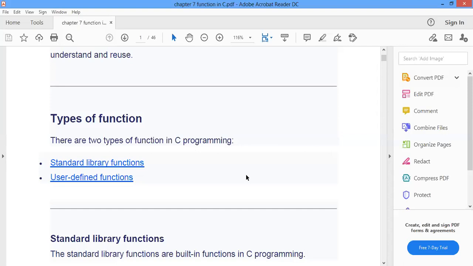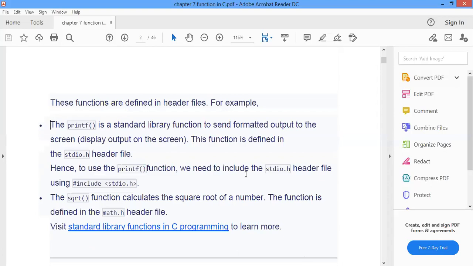I have explained user defined functions, and standard library functions are what? Suppose printf. printf is also a type of function, but it is a standard library function. Why? Because it is defined in a header file. Which header file? That is stdio.h. Then the sqrt function finds the square root of a particular number, and that function is defined in the header file math.h.